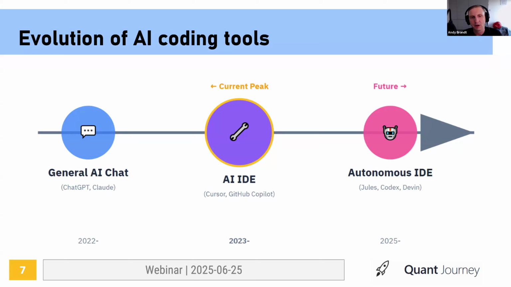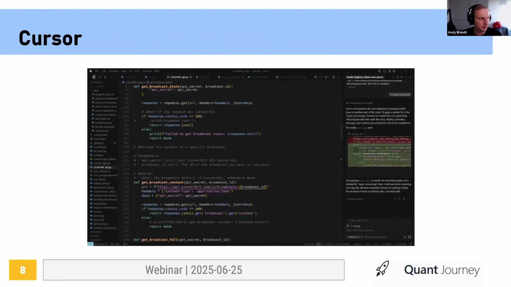And you can also, in a sense, combine yourself working in Cursor or other AI-powered IDE with Jules or Codex or other such agent working in the background on something else, because the way those tools work allows this kind of thing. So let's have a look at the tools.